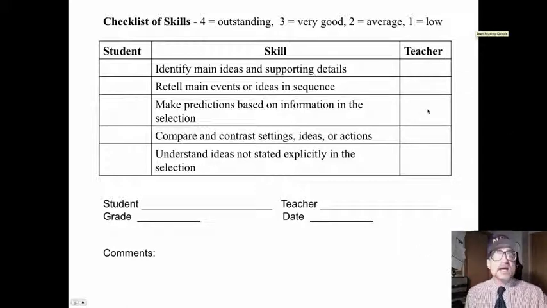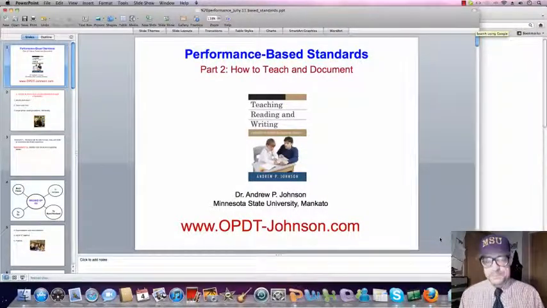Outstanding. You don't need complicated rubrics which define each level explicitly, for goodness sake. We are about teaching and learning. We're not about having this absolutely precise definition of what outstanding is or very good is or average. The goal is to learn, teach and learn, not to measure and compare. That is the end of these two short